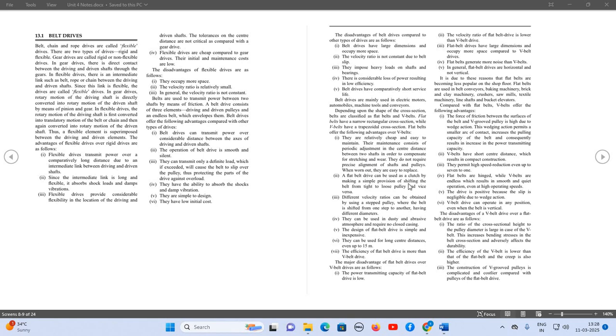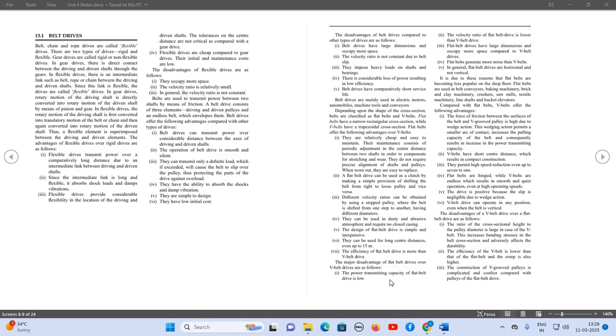Flat belt drives can be used as a clutch by making a simple provision of shifting the belt from tight to loose and vice versa. Different velocity ratios can be obtained using the stepped pulley. Just like the lathe machine, we can use the stepped pulley in order to have different velocity ratios and we can transmit an equal amount of power as well as torque. They can be used in dusty and abrasive atmosphere and require no closed case. Design of flat belt drive is simple and inexpensive. They can be used for long distance up to 15 meters,